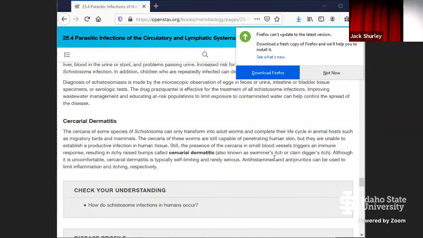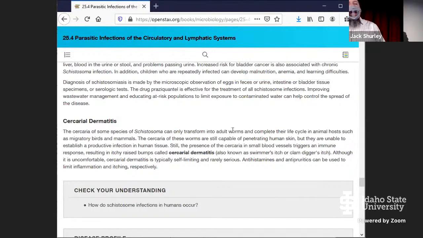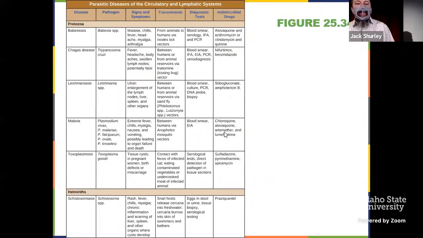You definitely hear about this in the summer months. It is like different lakes, Jensen's Grove and Rigby Lake have both, to my knowledge, repeatedly been plagued with this parasite. Let me go back to the table and we'll talk about it in a little more detail.